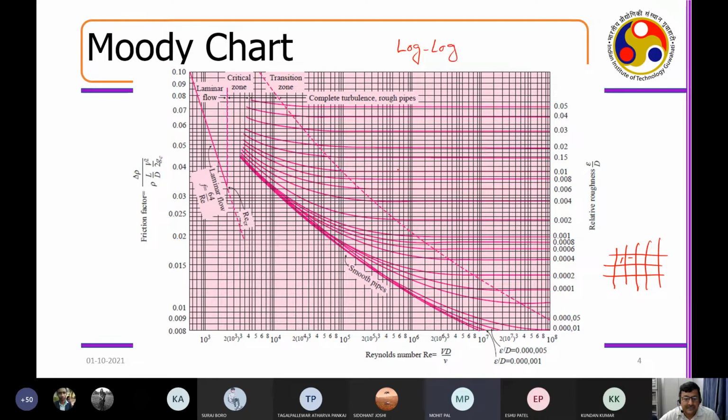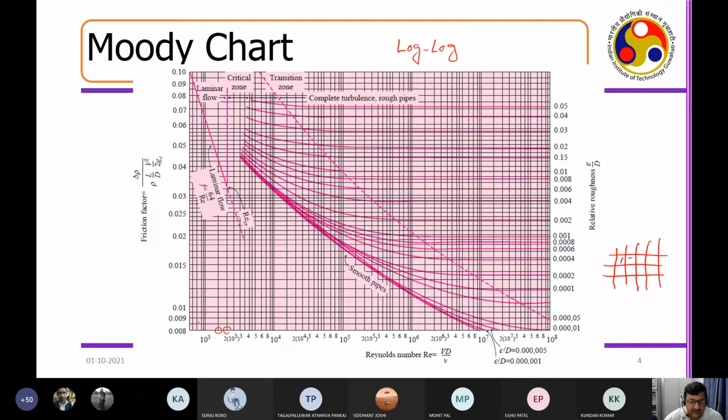So you can see that here 10 to the power 3, here 10 to the power 4, here 10 to the power 5, 10 to the power 6, 10 to the power 7, 10 to the power 8, right? That means, suppose, here generally you put what? 1, 2, 3, 4, right? So you are changing the order of magnitude here. So this point is 10 to the power 3. Now this particular point is what? Say 2 into 10 to the power 3, right? This particular point is 3 into 10 to the power 3, right? So similarly, you are going from 10 to the power 3 to 10 to the power 4, and you will find that they are divided into 1, 2, 3, 4, 5, 6, 7, 8, 9, 10. So there will be 10 divisions between two.